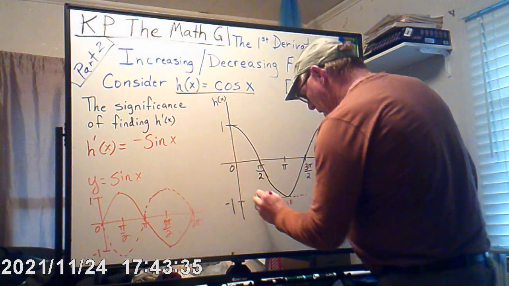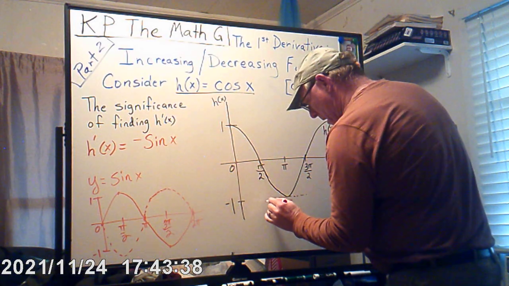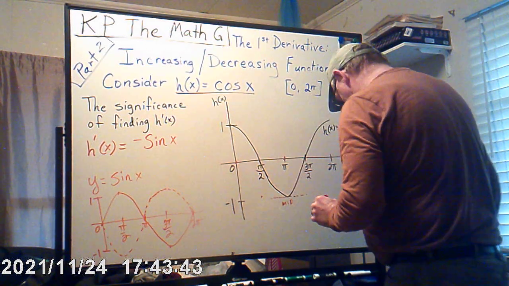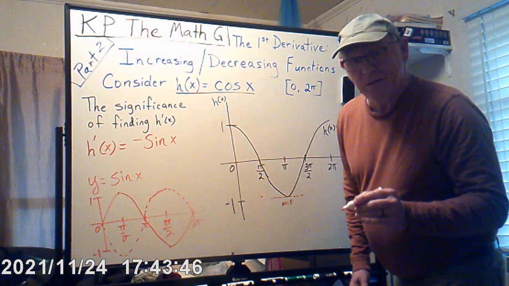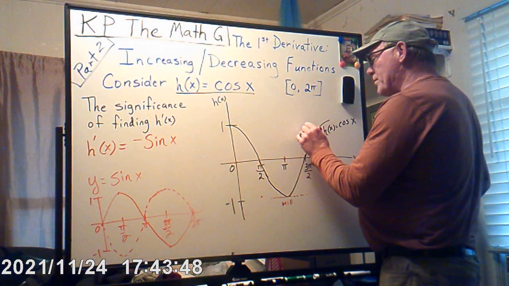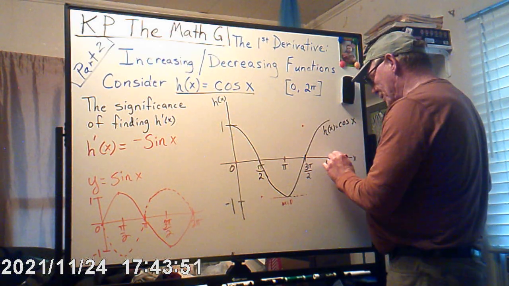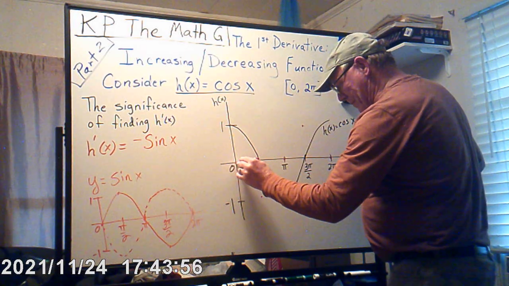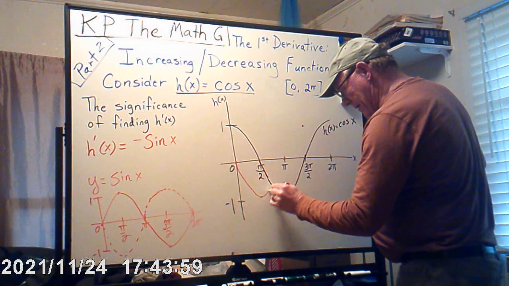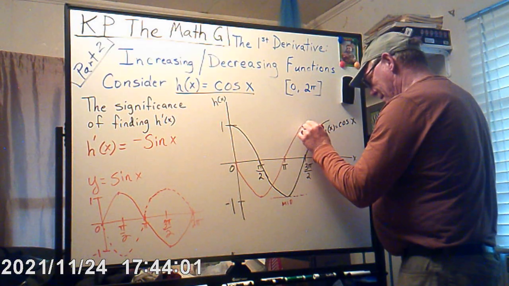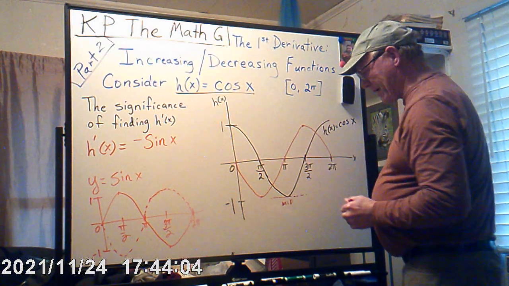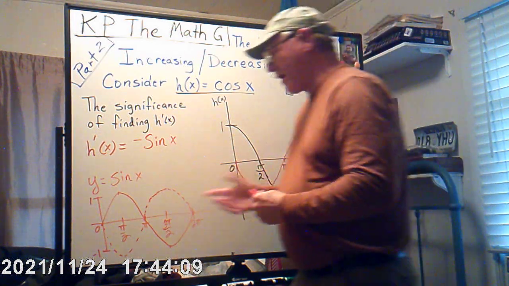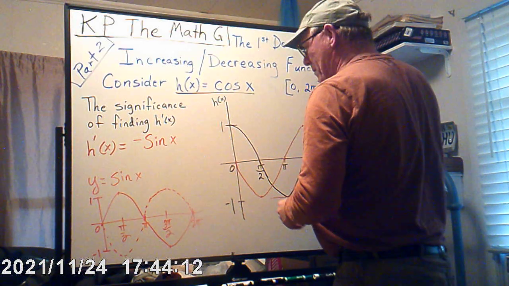Alright, here we go. We got it right here. 0, negative 1 instead of 1 at pi. Alright, so 3 pi over 2 is going to be up to 1 and then down to here. Roughly, this will be kind of like that, wouldn't it? Now what did we graph, and what's the significance of graphing h prime of x equals